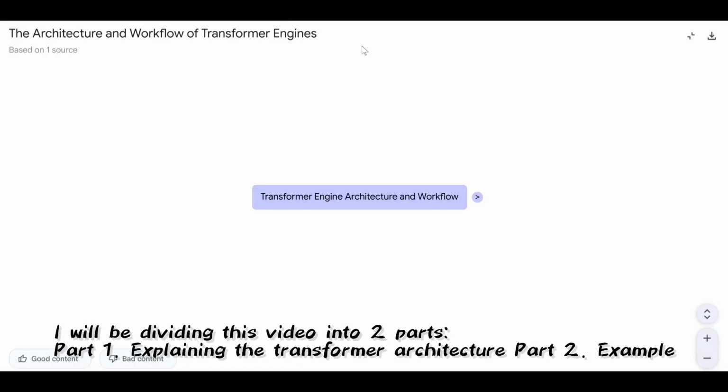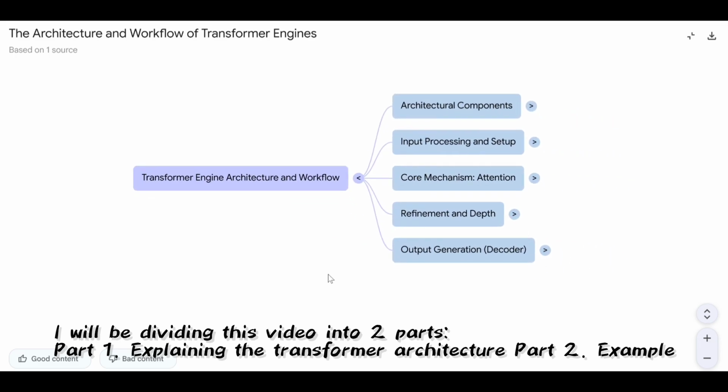Transformers play a very important role in the subject of large language models because they are the brains behind the LLMs. They are responsible for understanding and generating text. So it is very important for you to understand the architecture of the transformer. In this video, I am going to explain the components, how the input is processed, and the very important self-attention mechanism, then how the refinement process happens, and at last we'll understand how the